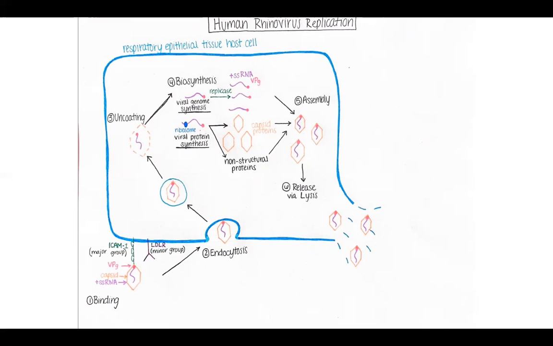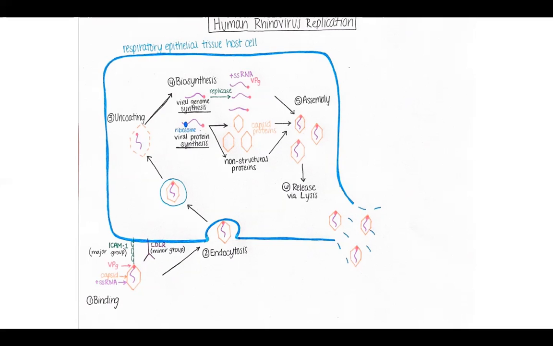Moving on to uncoating, the low endosomal pH triggers the uncoating of the HRV genome, and its positive sense single-strand RNA, which is still accompanied by the VPg or VP4, those two are kind of interchangeable, is released from the icosahedral capsid made up of, again, VP1, VP2, and VP3. A slightly acidic pH allows for the dissociation between the binding receptor and the virus, and then a pH of 5.6 or less allows for the release of the positive sense single-stranded RNA genome. The viral genome causes the bursting of its capsid as well as the endosome, thus releasing the RNA genome into